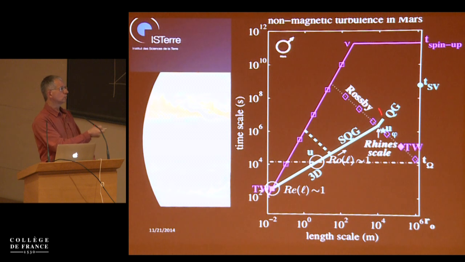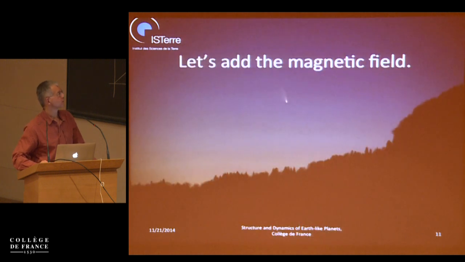And you can also compute the dissipation due to the zonal jets and to the quasi-geostrophic motions on these boundaries at the top and bottom, in the Ekman layers. And it turns out that it's rather small compared to what you get from the normal cascade down to these scales. Okay, 20 minutes already. I have to go to the magnetic field, right? So let's try to do that. And then things become a bit more complicated.